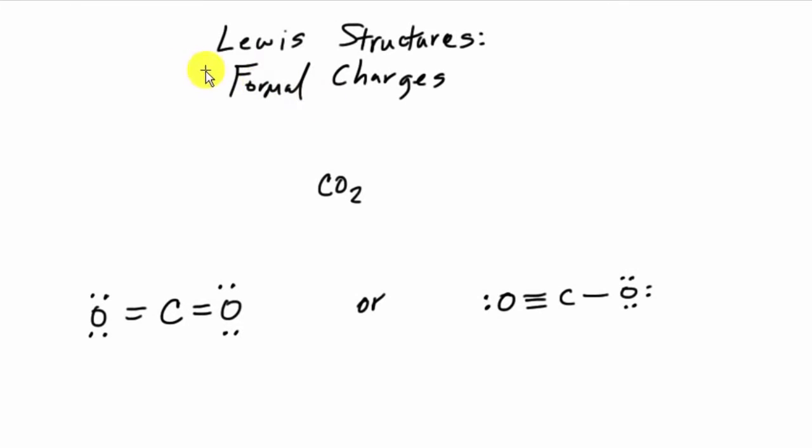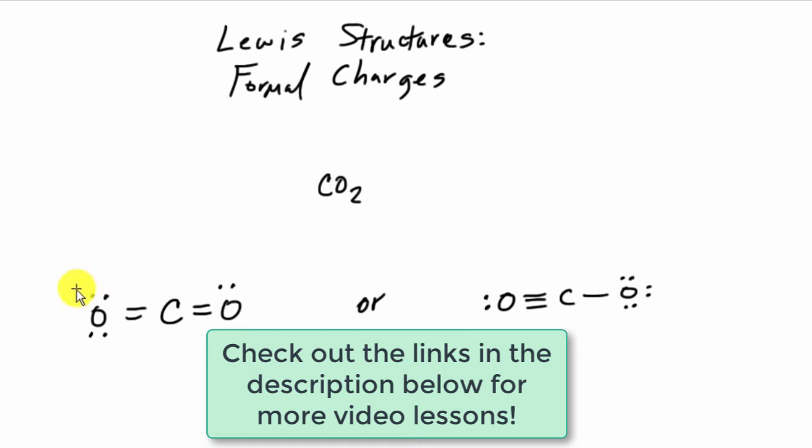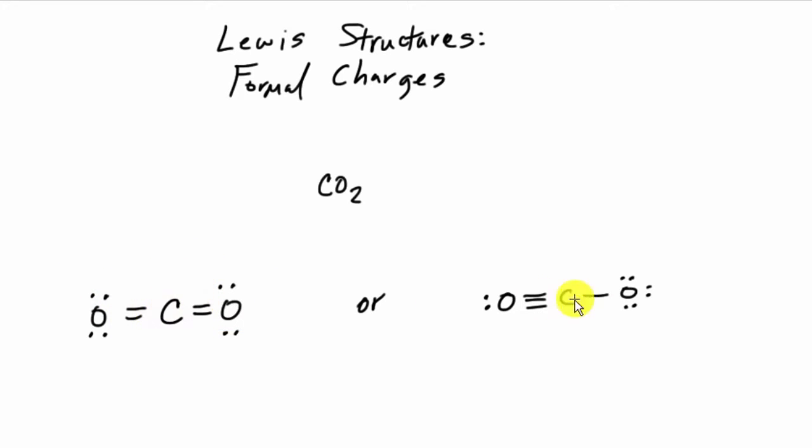Okay, today's video lesson is going to be on Lewis structures and formal charges. A lot of times when you're drawing Lewis structures, if we look at something like carbon dioxide, most people should know to draw the carbon dioxide like this, where you've got the double bonds on either side of the carbon. But what's to say that you can't draw it with a triple bond on one side and a single